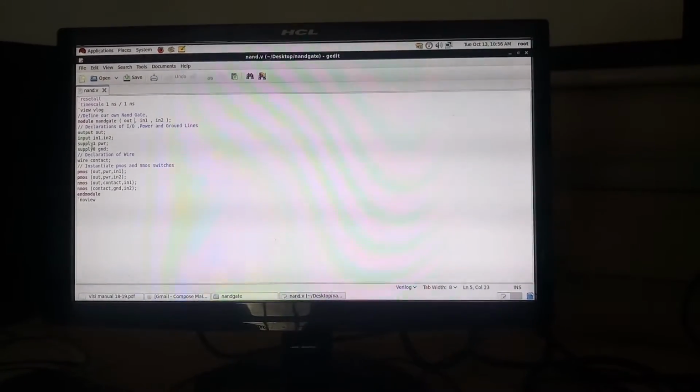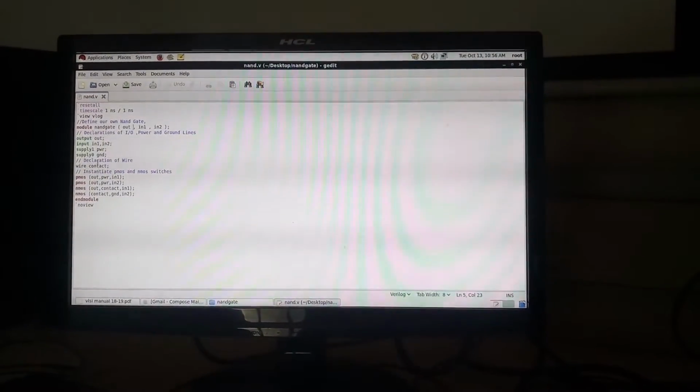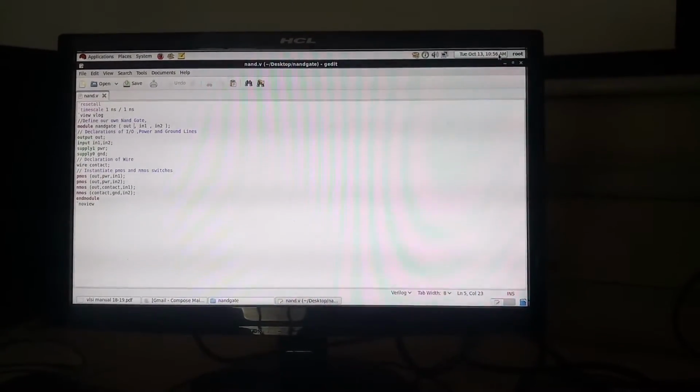Now see the program. First the drain terminal is the output, next the source is the contact, and that source is connected to this drain terminal. Here first you should write the drain terminal, again the source, then the input to the NMOS module. This is the NMOS part of the NAND gate. And next we will go to the test bench.